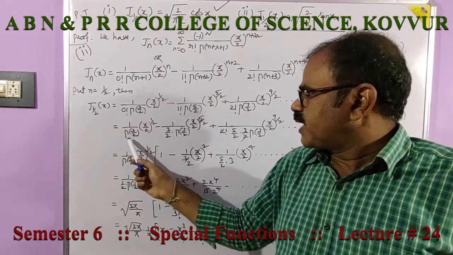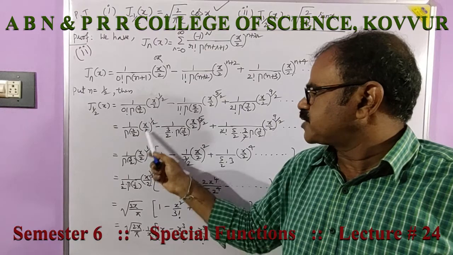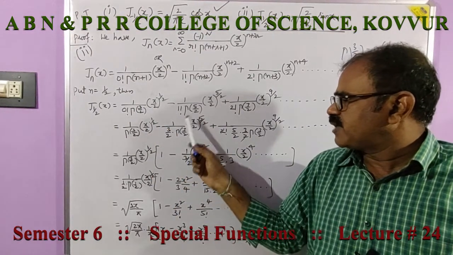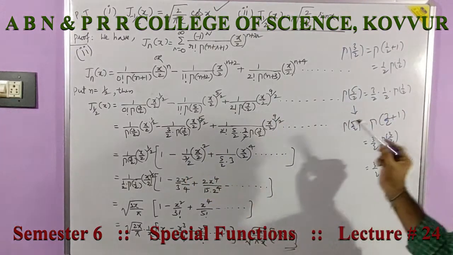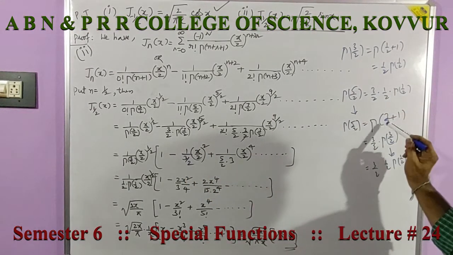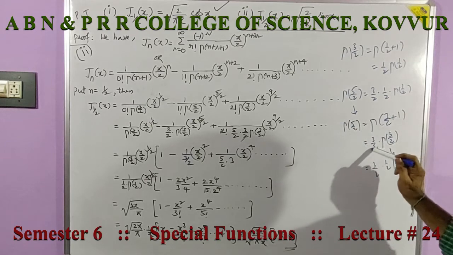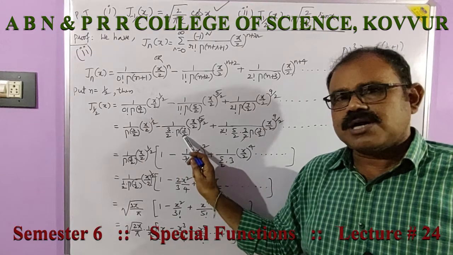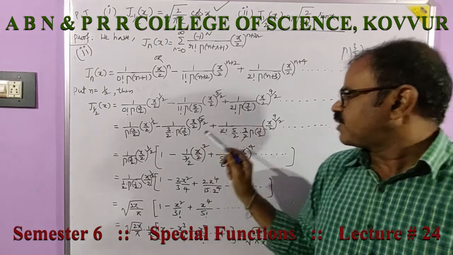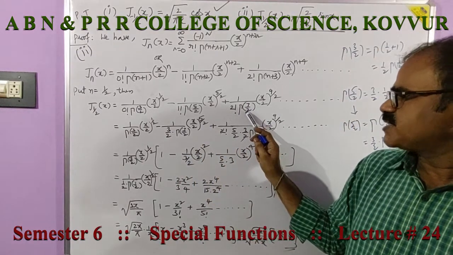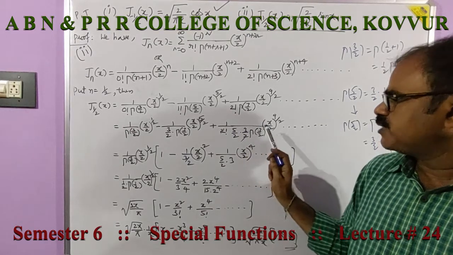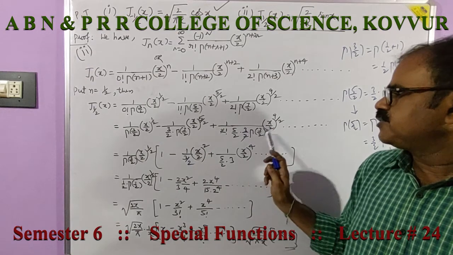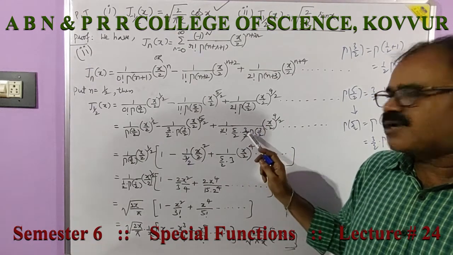So that is 1 by gamma 3 by 2, x by 2 power 1 by 2, 1 by 1 factorial is 1, gamma 5 by 2 is 3 by 2, gamma 3 by 2, as we have discussed here. 5 by 2 can be written as gamma 3 by 2 plus 1, that is 3 by 2, gamma 3 by 2. So gamma 5 by 2 is 3 by 2, gamma 3 by 2, x by 2 power 5 by 2, 1 by 2 factorial, and gamma 7 by 2 is 5 by 2 into 3 by 2, gamma 3 by 2. 5 by 2 is 3 by 2 into gamma 3 by 2. That is 5 by 2 gamma 5 by 2.